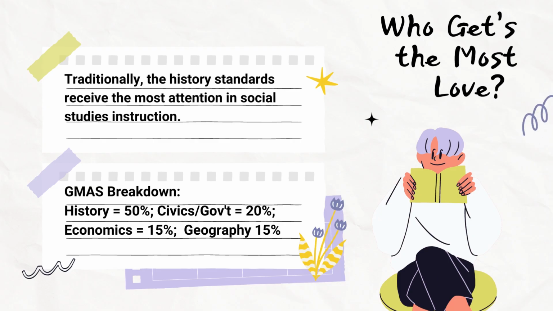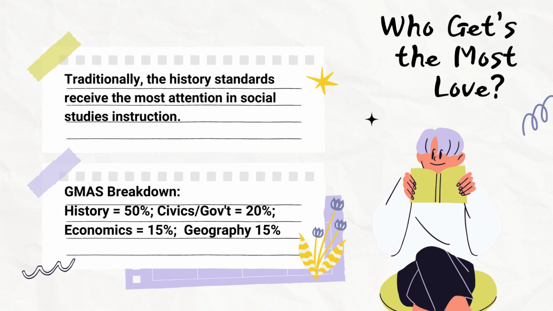So traditionally, history standards receive the most attention in social studies instruction. And please note that I say social studies instruction, not just eighth grade, because in conversations with teachers from, I would argue, K through 12, they'll all say the same thing. And if you look historically at data from our tested areas, you're going to see that those other disciplines in comparison to history typically are scoring lower, at least in the K-8 range. And when I say historically, I know that currently we are only tested in social studies in eighth grade, so no pressure for us, right?